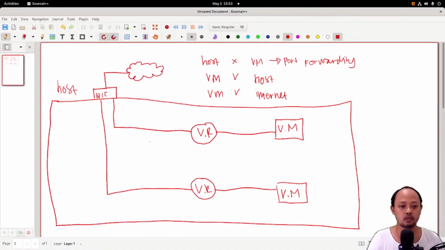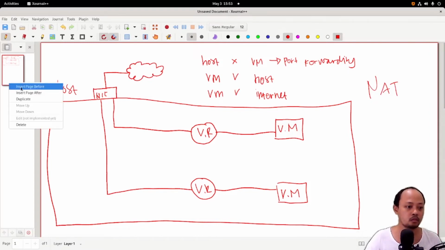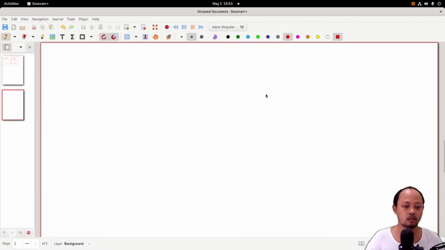This is the NAT and this is the NAT network setting. I will try to draw first, and after that we can continue to learn with our VirtualBox.